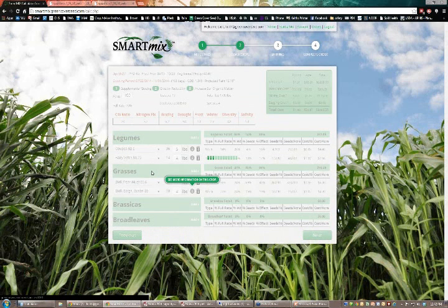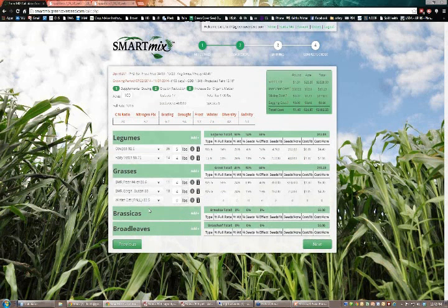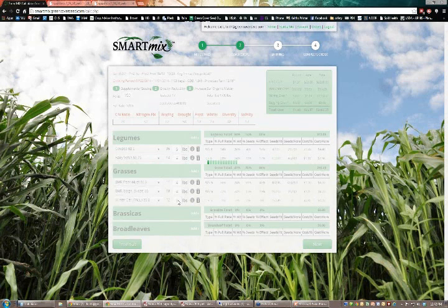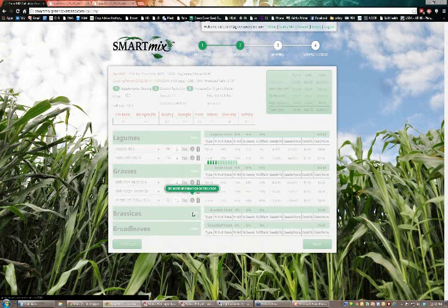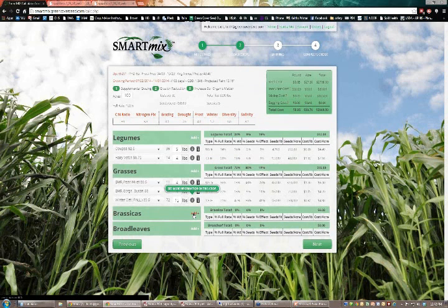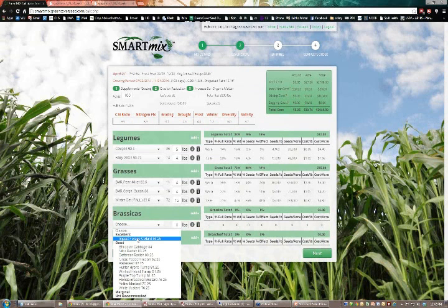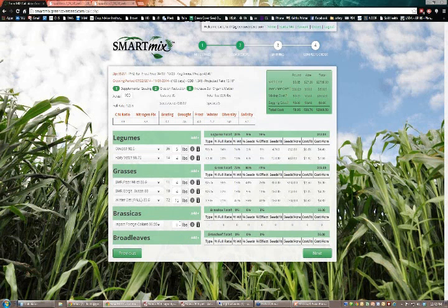And since I want a chance to maybe graze this twice with that hairy vetch in there, I'm also going to add some winter oats, thinking that that's going to give me some grazing a little later into the fall and winter, and kind of use this as a 2-pass grazing. So we'll add 15 pounds of winter oats, and we'll load that up there. And then we'll look at some brassicas here. The Impact forage collards is coming up as the best grazing brassica. We really like those as a brassica to graze. So we'll put a couple pounds of those in.